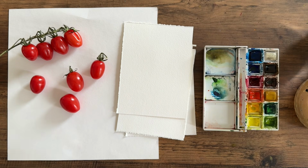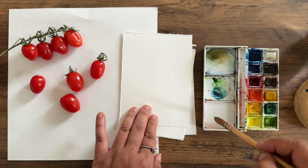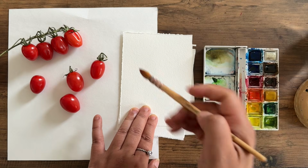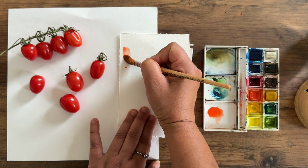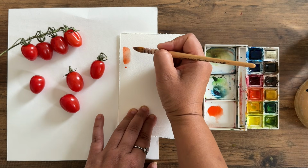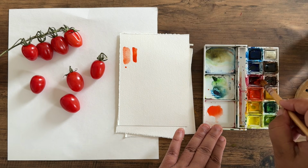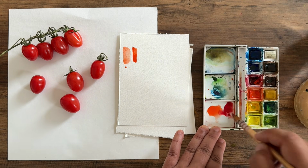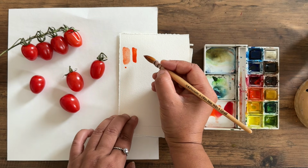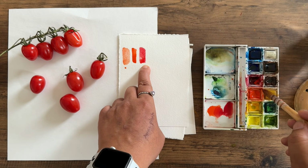It looks like all tomatoes are red, and you'll want to go straight for something like the cadmium red, which is fine. Let's swatch that out. Could do with a little bit more pigment. That's pretty close. However, because we want to play with dimensionality, especially in shadows, the form shadow of the tomato, I just added a little bit of the alizarin crimson,